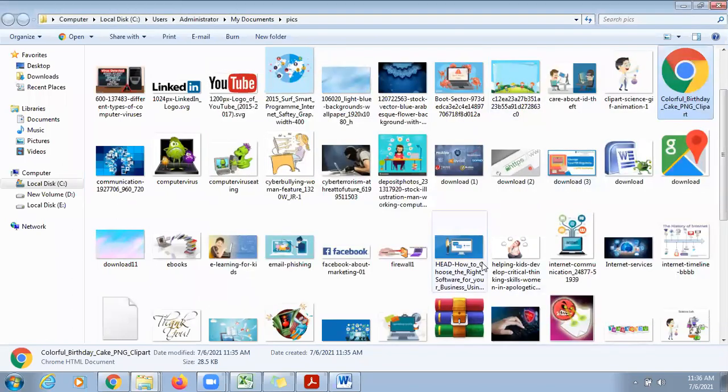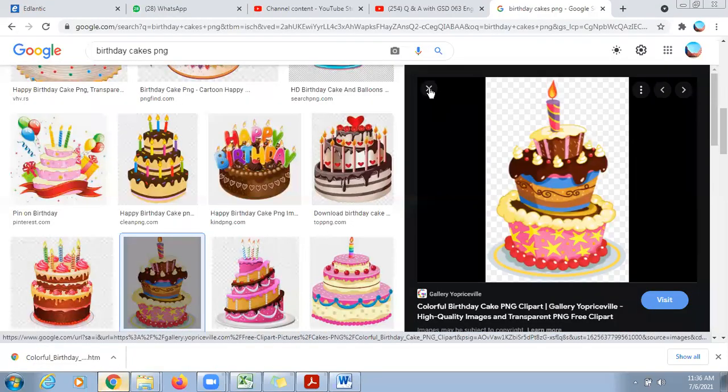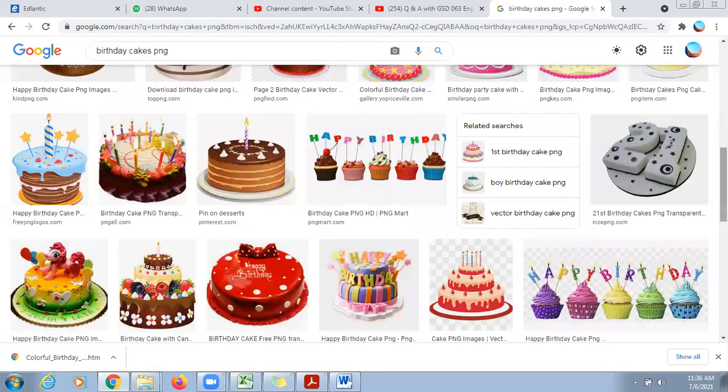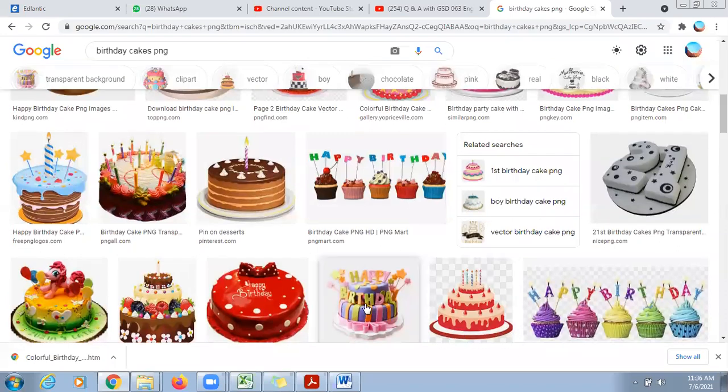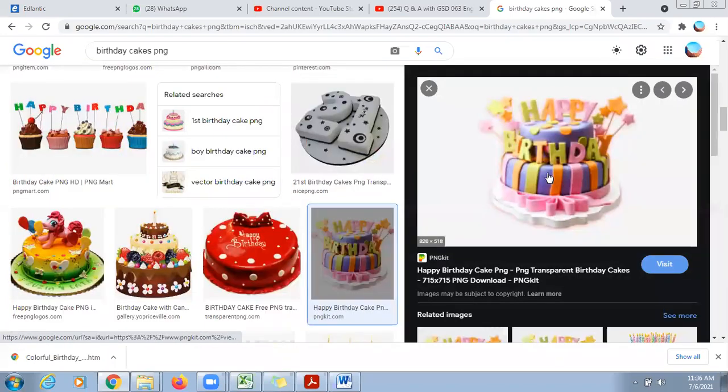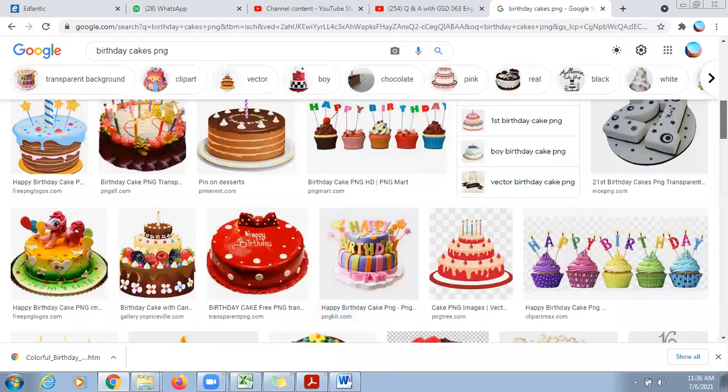Okay, we cannot download this image, so we need to choose some other image, because it is opening with Google Chrome only. So these types of images could not be downloaded because they are having the copyright.